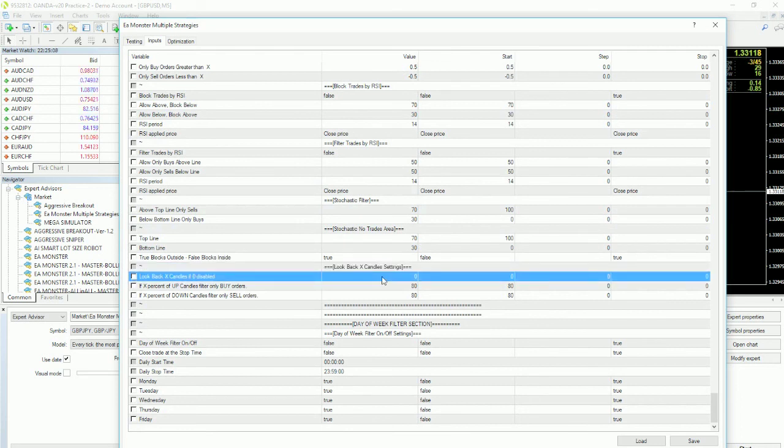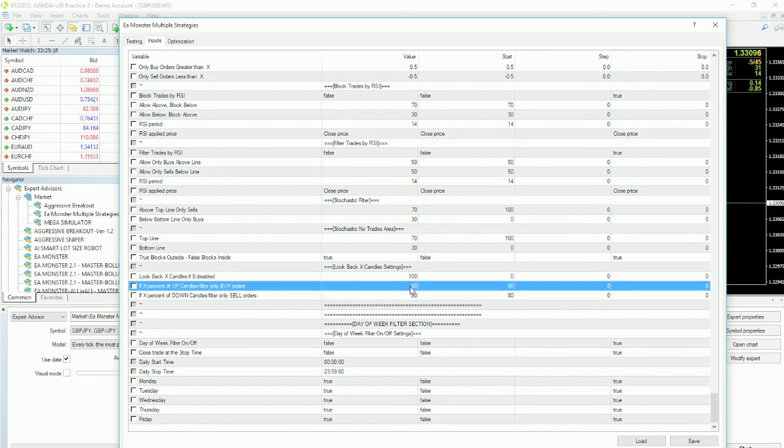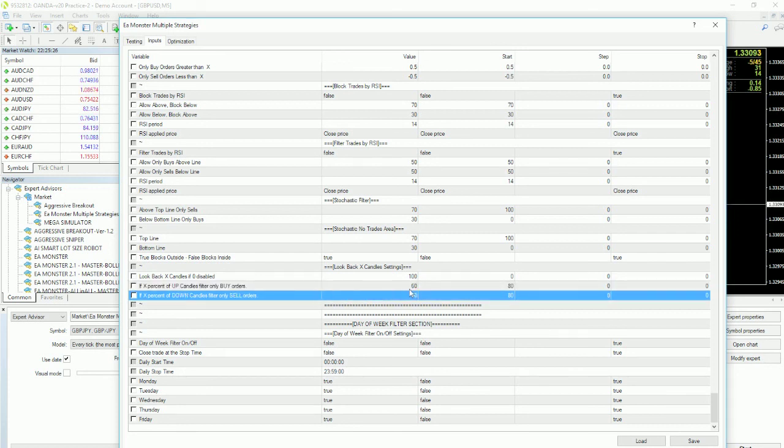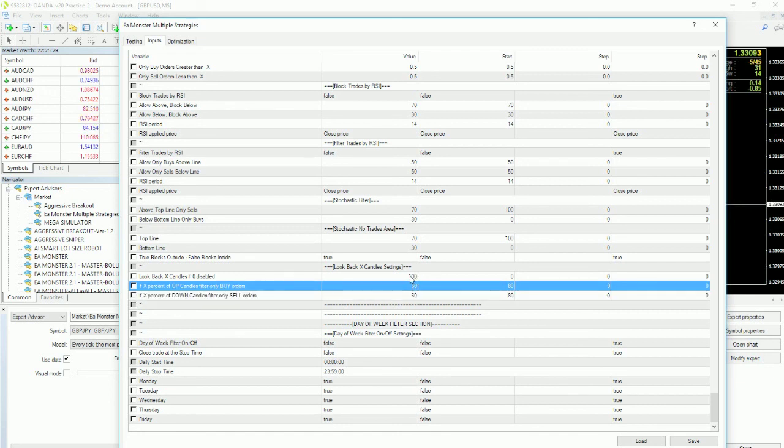This one here, look back X candles. Let's say you were to look back 100 candles. Put looking back 100 candles, and it says X% of up candles filter only buys. This doesn't really happen, but let's just make it more realistic, 60 candles. Let's say you had 60 candles out of 100, that would be 60%. So 60% of 100, if you do the math, would be 60 candles. So if 60 candles out of the last 100 are bulls,